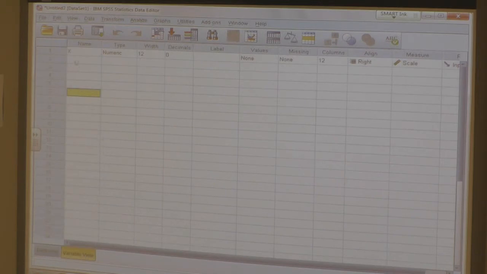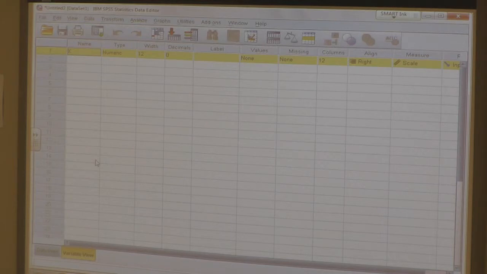In the variable view, for every variable, every column that you have in your data, you're going to have a row in the variable view that represents it. And in that location, you can do something you can't do in Excel. You can describe to SPSS the specific nature of your data. That's really important, right? Because in statistics, whether it's nominal data or categorical data,